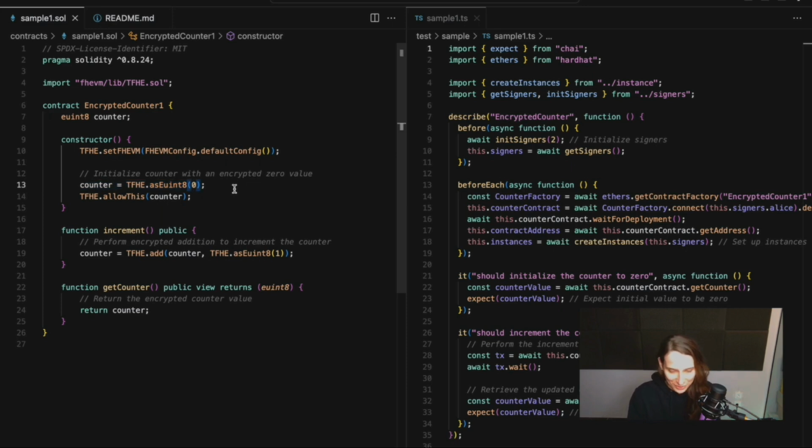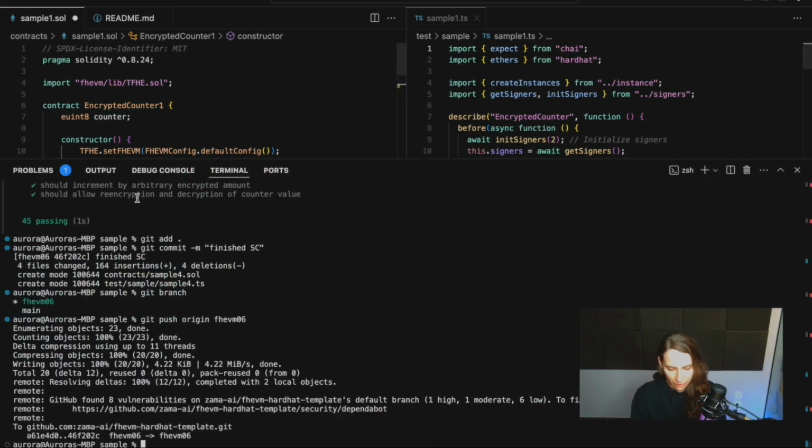This is not very secure, of course. Currently, we all know how it is initialized. And this one is a bit interesting. TFHE.allow this counter. So here, basically, we are allowing our contract to access this counter value. Otherwise, this computation wouldn't work. So if we didn't have this,